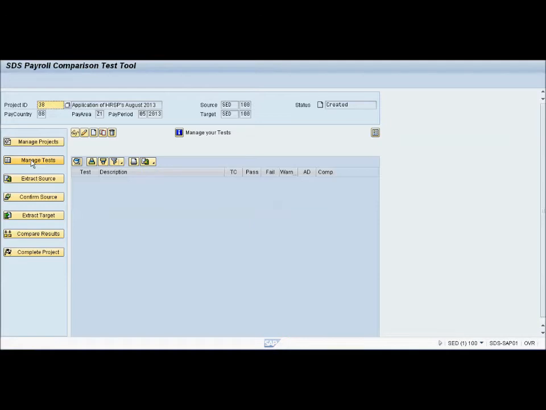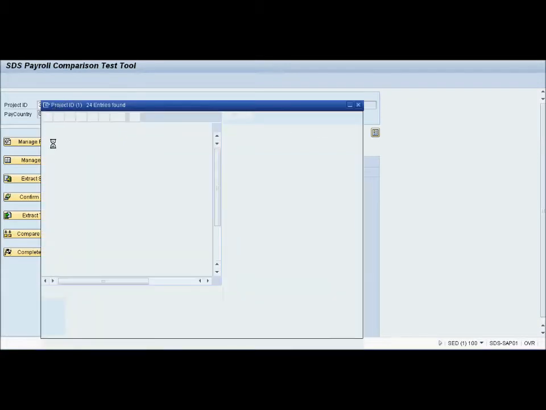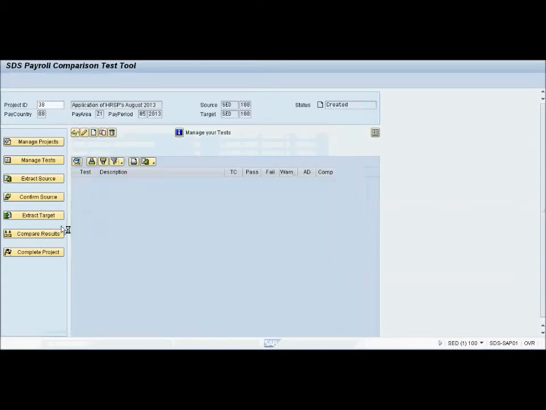The Manage Tests screen allows you to create, edit and delete tests related to the projects with which you are working. The new project that we've created currently has no tests created, so the overview screen has no tests shown. If we were to choose a different project from the header zone, for example number 23, and press return, you